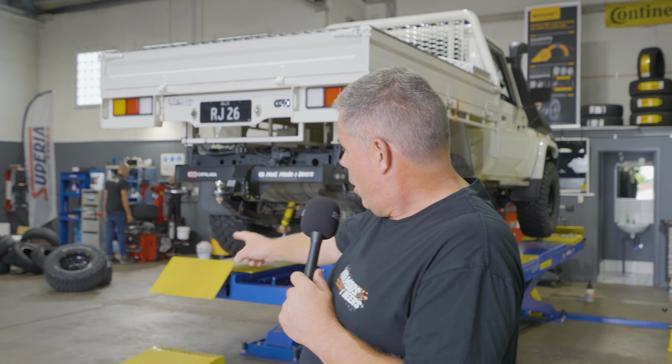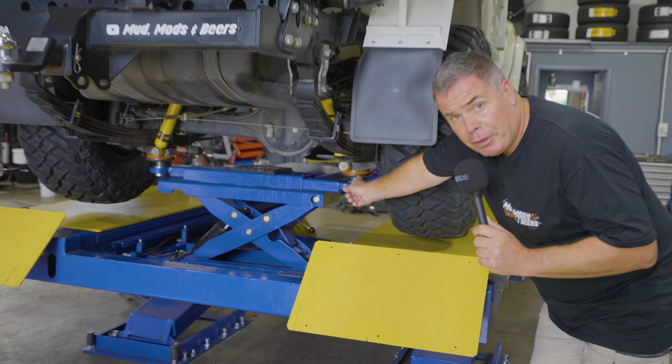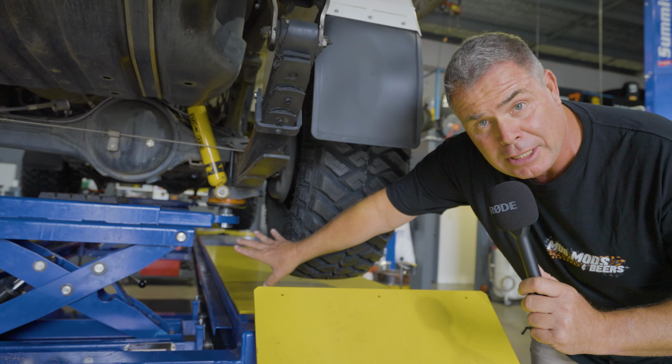So one of the reasons I wanted to go 35, one of the nemesis, the Achilles heel I suppose you would say, with the 79 is the leafs are underneath the axle, which means the only real way of getting the leafs up out of the mud is to put a thicker tire on. Raising it all the inches in the world won't make that clearance any better underneath the leaf springs, which is right in here. So right underneath there, there's no way of making that taller without actually putting thicker tires on,